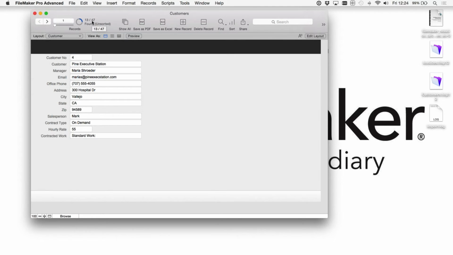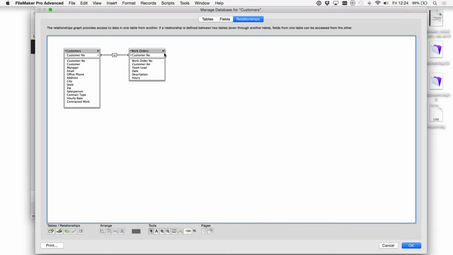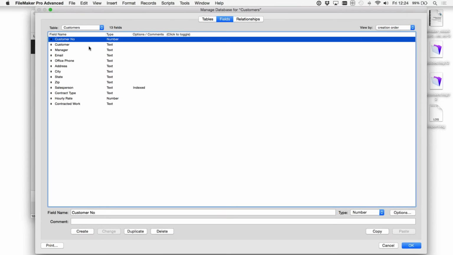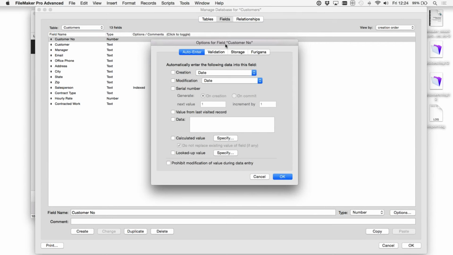First, I'm going to just go into the browse mode, have a look at customers, and we can see that we've got 47 records. So if I go back into that, just remembering that, if I go back to the customers table, I can see that it is just a number, but one thing I can do is go down to the options or double click here to bring up further options for that field. And the one thing I can do is put in a serial number there where the next value starts at 48, one after the